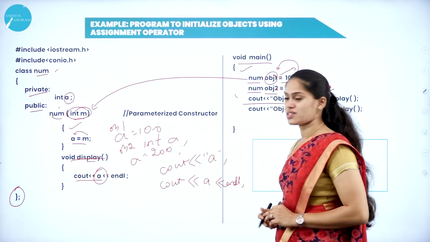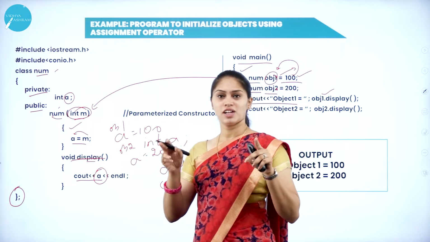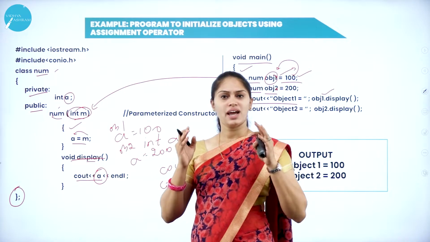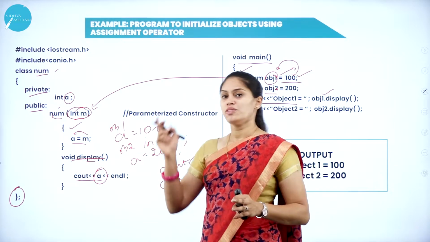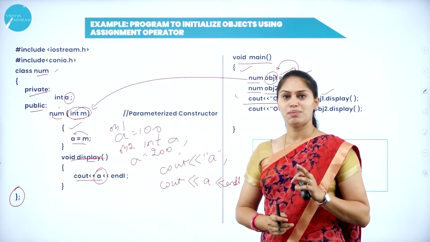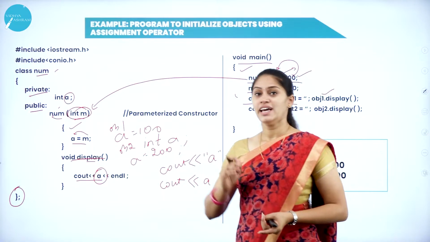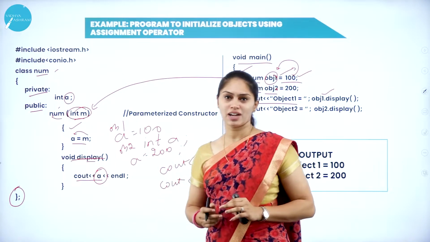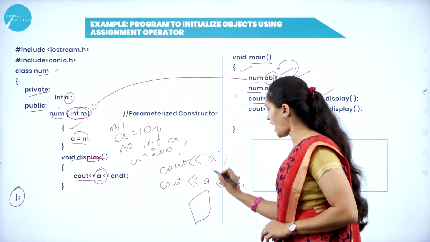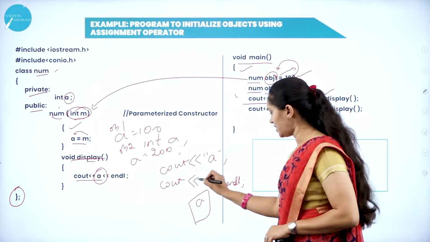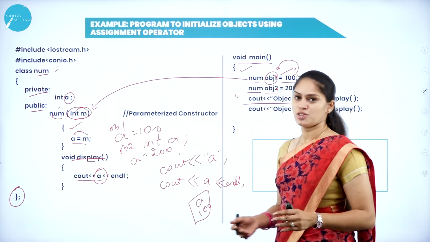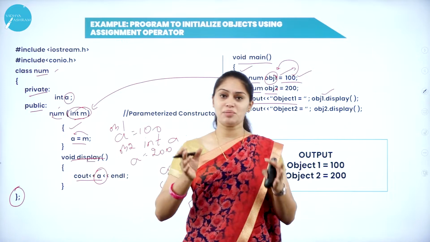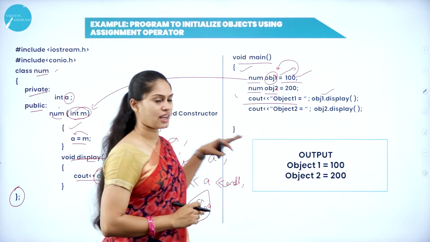I have double quotes. If any value is enclosed between double quotes, then I consider that as a statement. When I have the same variable name without the double quotes, it is going to display the content of that variable. So instead of displaying this as a statement, it will display the content of that variable. Here in the output, I am going to get A for the first, and for the second statement, the value of A will be printed. This is the difference between displaying the content and displaying the statement. So be conscious while writing that kind of programs.